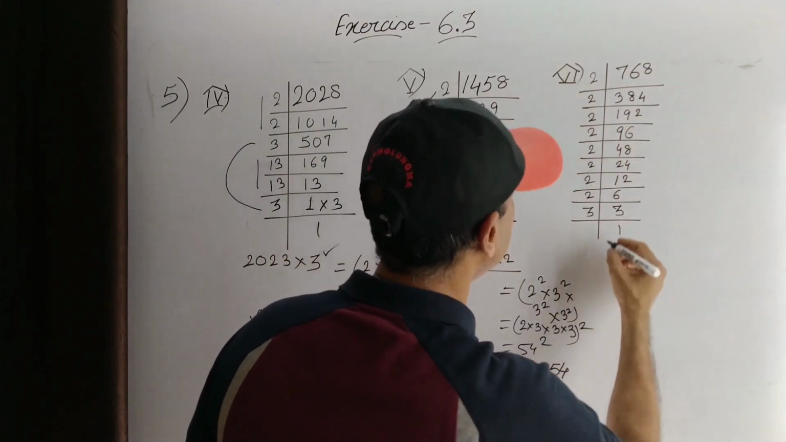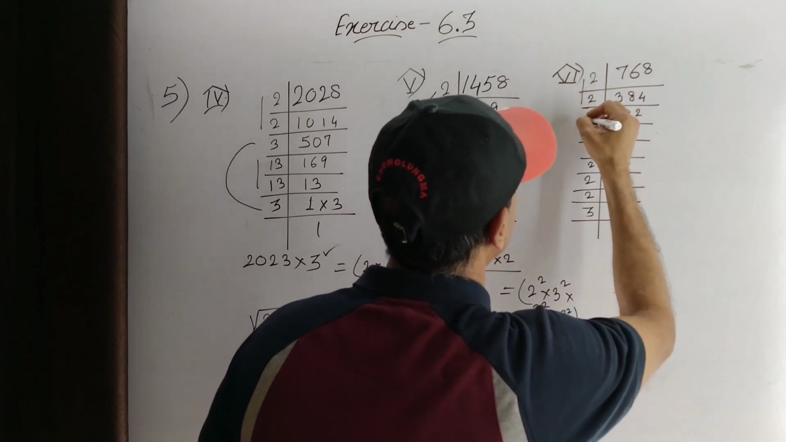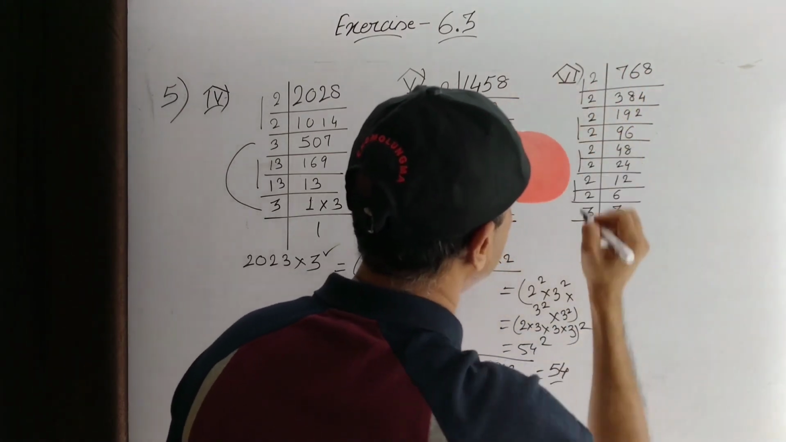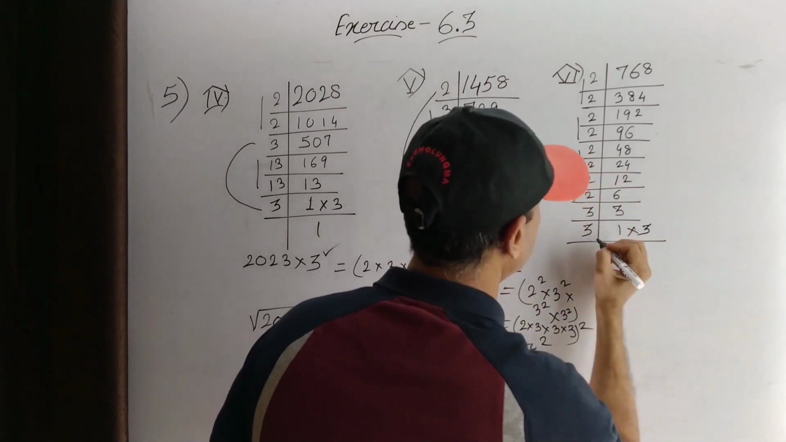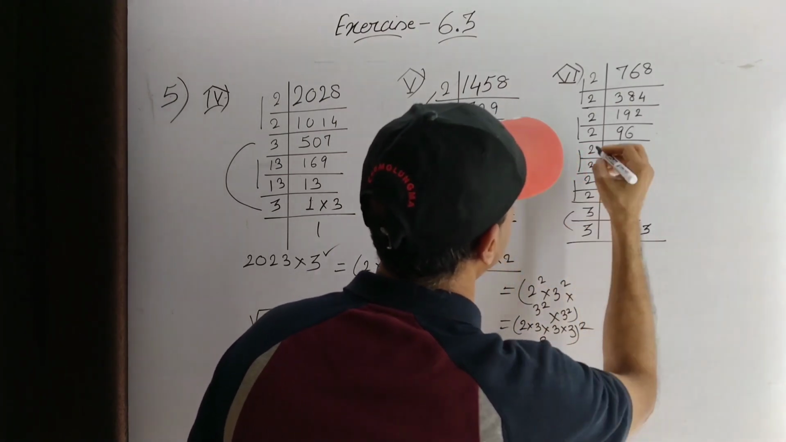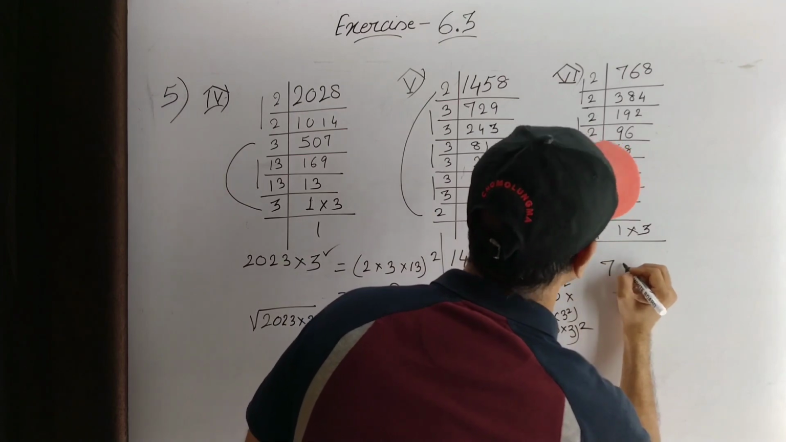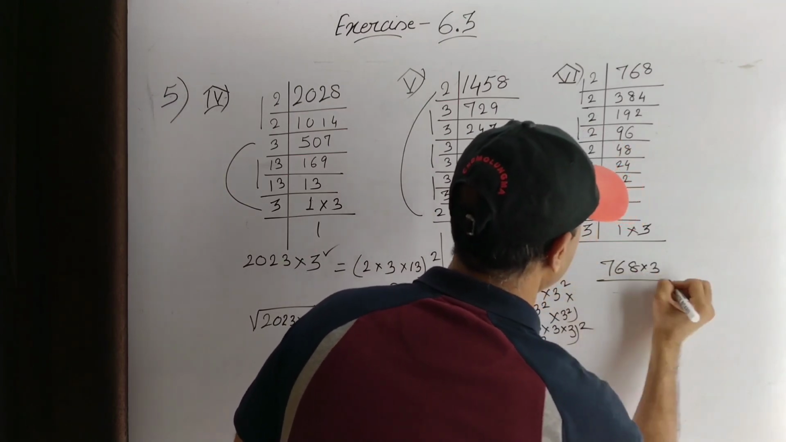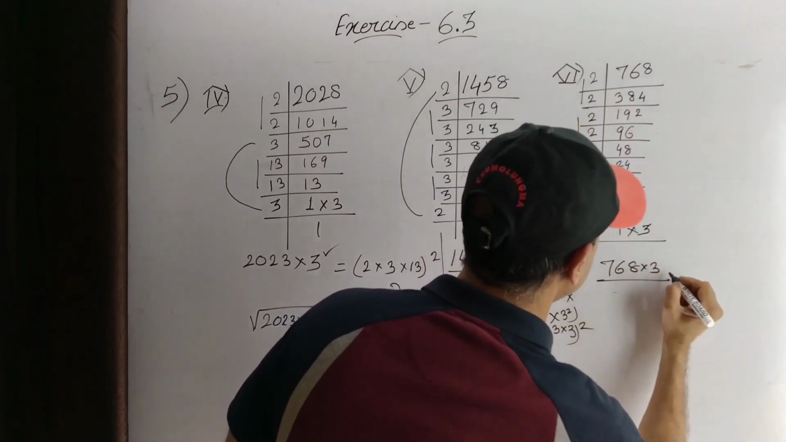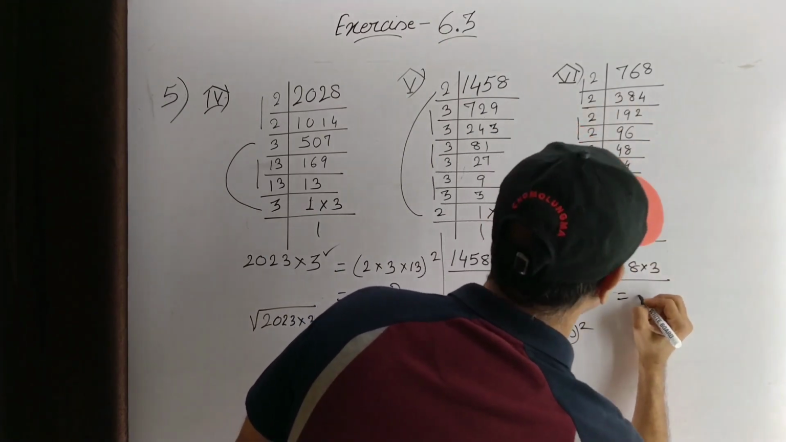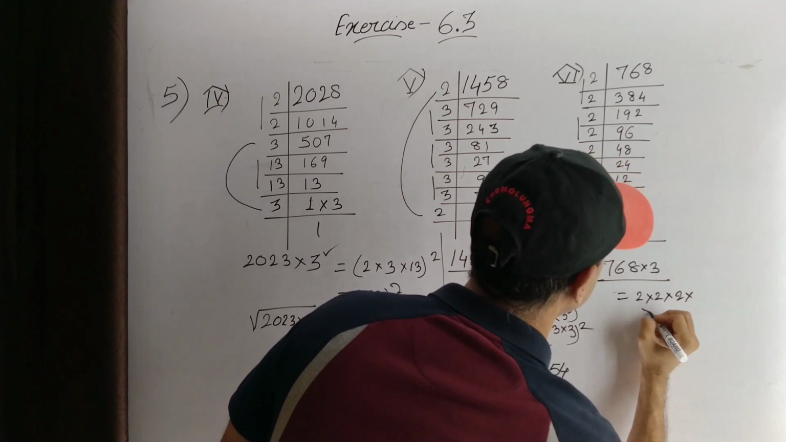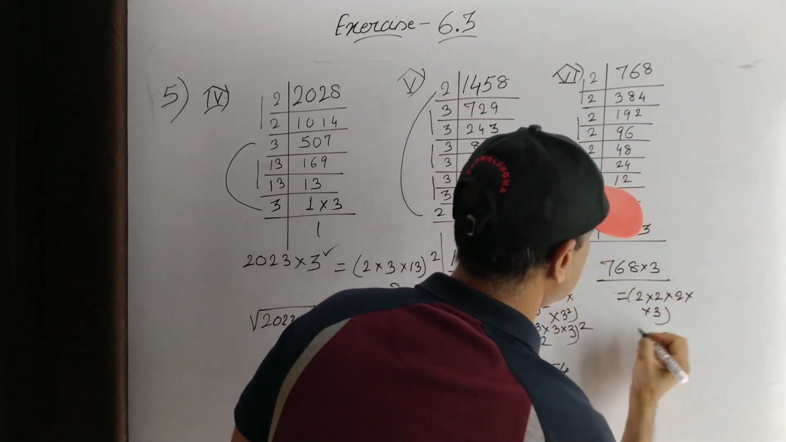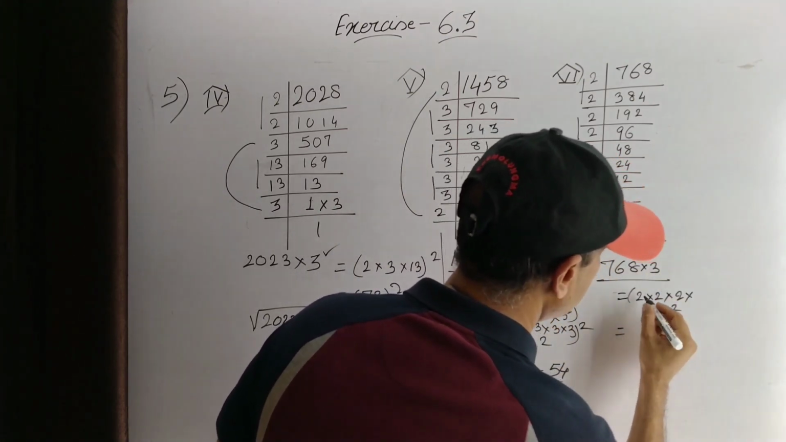Now this number, here again we have these 2 in pair, these 2 in pair, these 2 in pair, these 2 in pair. 3 is not in pair, so multiply with factor 3 and get another factor here, which will be in pair. So we'll have the new number as 768 into 3, and this will be equal to 2 into 2 into 2 into 2 into 3 whole square, and this will be 2 into